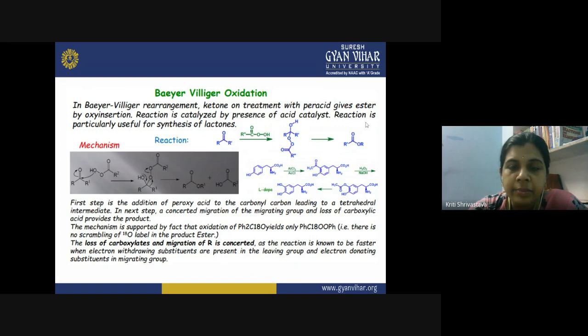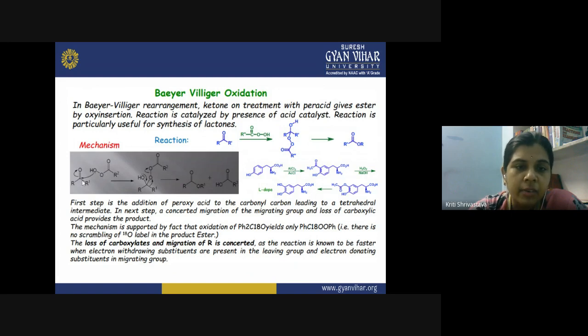So what is the mechanism of this reaction? Let us see. This is the ketone. This is one alkyl group, and this is another, so we have differentiated them as R and R1. Now this is the per acid molecule, and as I told you, the hydrogen is removed in the form of a proton, and this acidic anion will attack the nucleophilic carbon. Now this carbon is partially positive in nature because the oxygen is constantly withdrawing electrons towards it. So on this partially positive carbon, the attack of the per acid anion takes place.